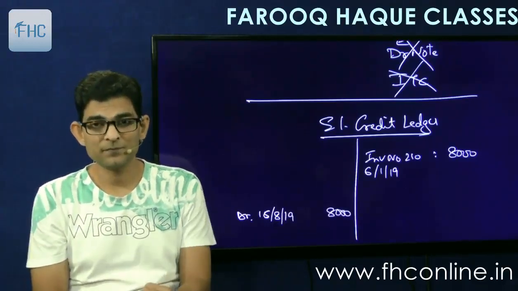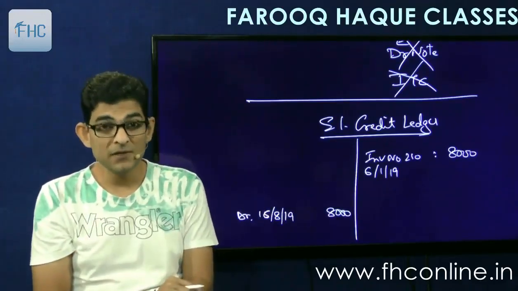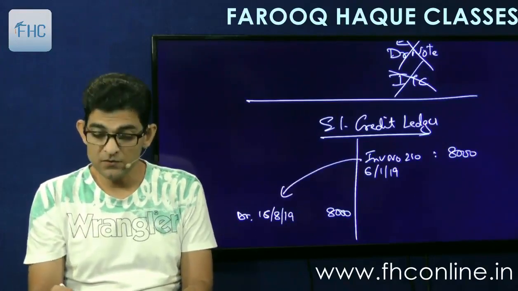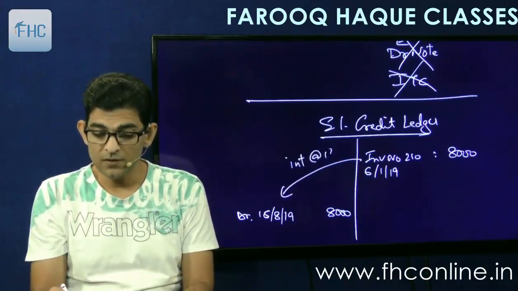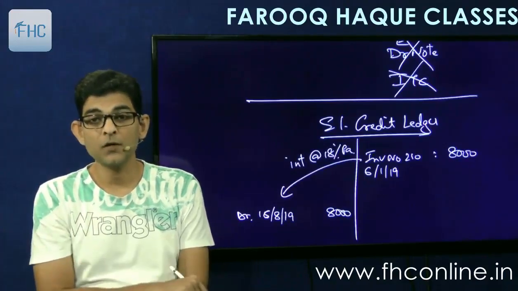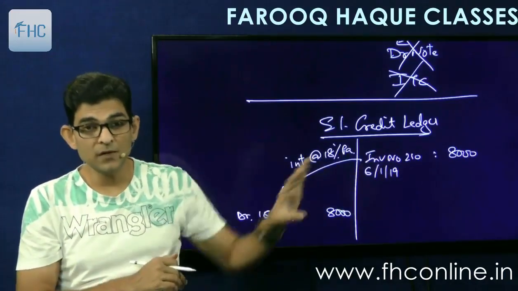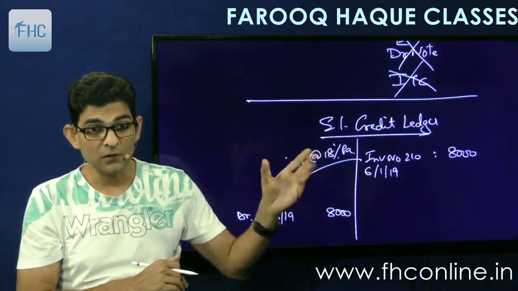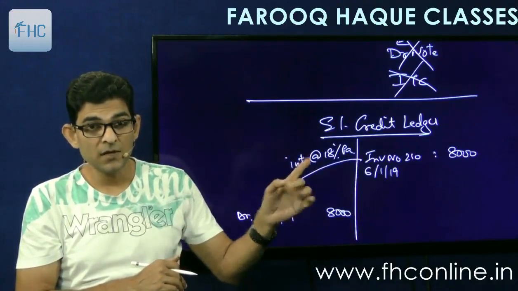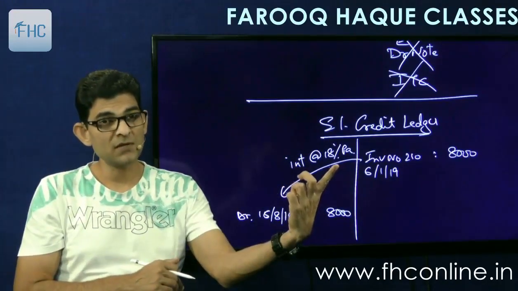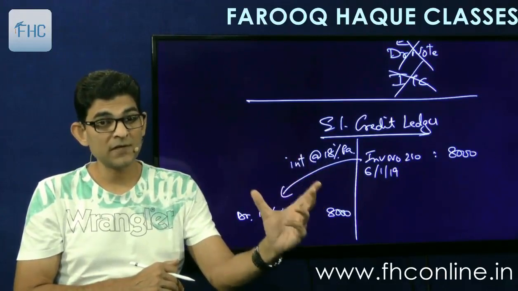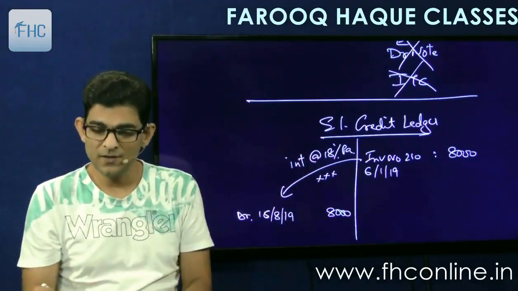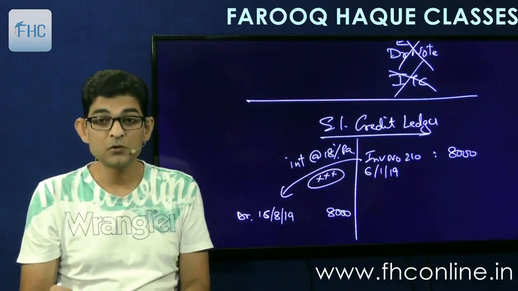I'm debiting the amount, and suppose I have got the balance also. So interest will be charged from here to here. This interest will be charged at the rate of 18% per annum on 8,000 rupees. So you first calculate the number of days, then you calculate interest at 18% per annum. How will you calculate? 8,000 into 18% into the number of days, divided by 365. So you will get the interest. This interest amount, whatever it comes to, you can calculate X amount, will also have to be paid.